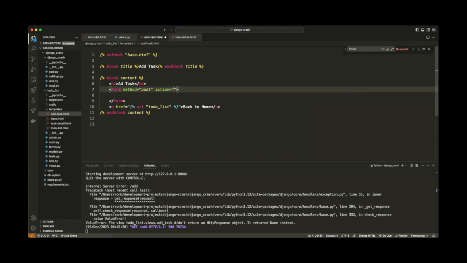But again, in Django, we don't do it like that. We use the URL keyword. So we say, for example, we do URL and hit enter, and instead we post this directly to a URL that we define in our urls.py. In this case, we're going to have it post to add_task, which again, if I go back to